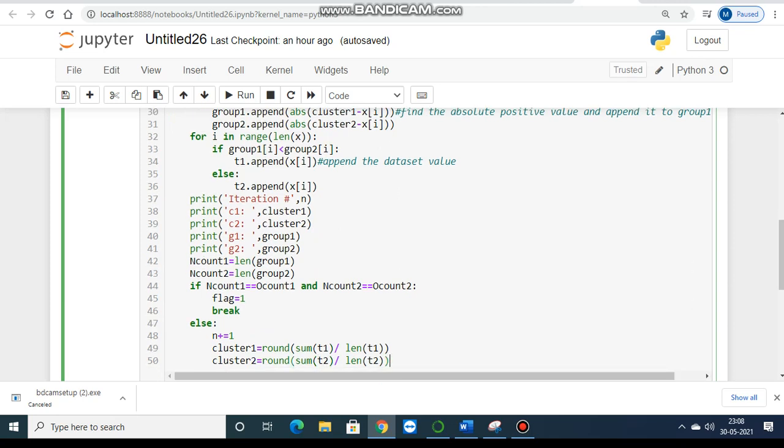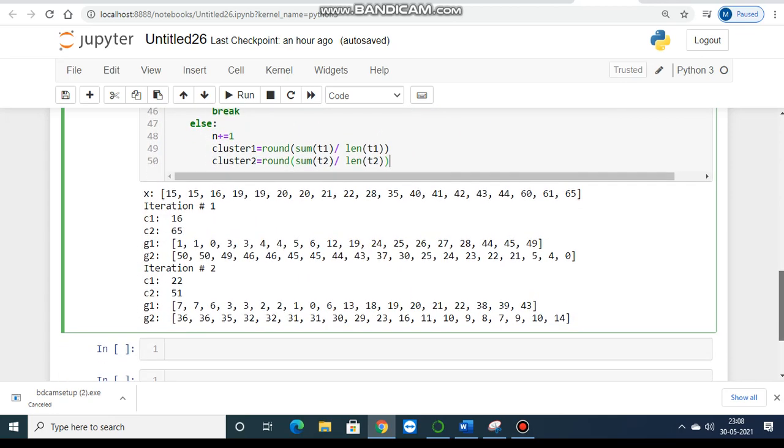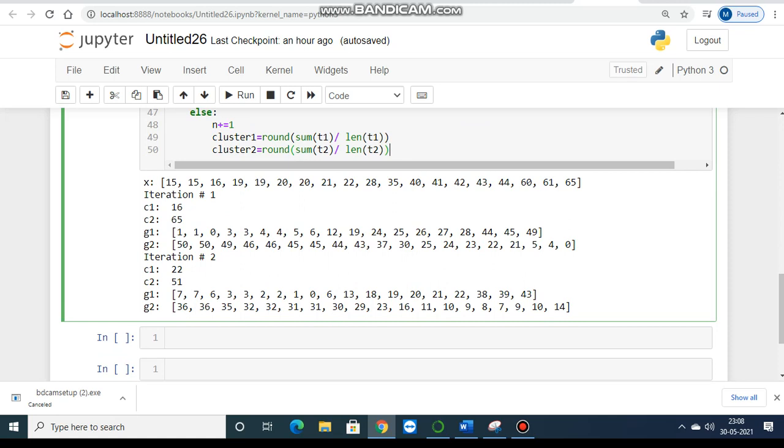Otherwise n will be increased, and in the cluster 1 variable we store the sum of t1 values divided by the length of t1, and it will round off the output, and this is our output.